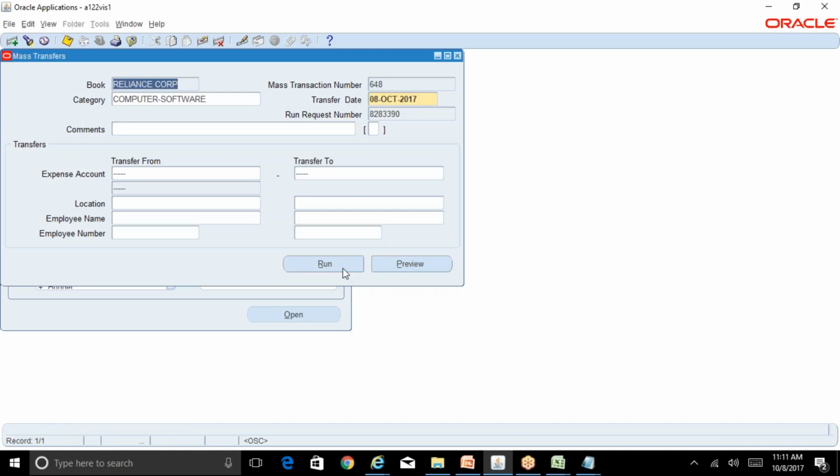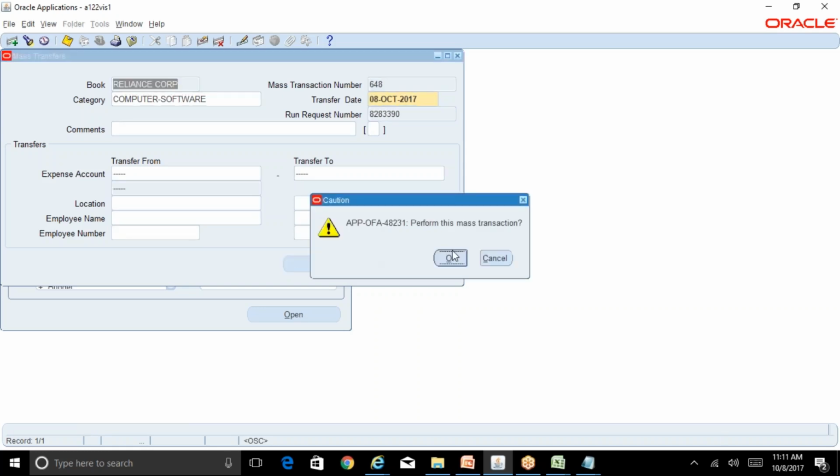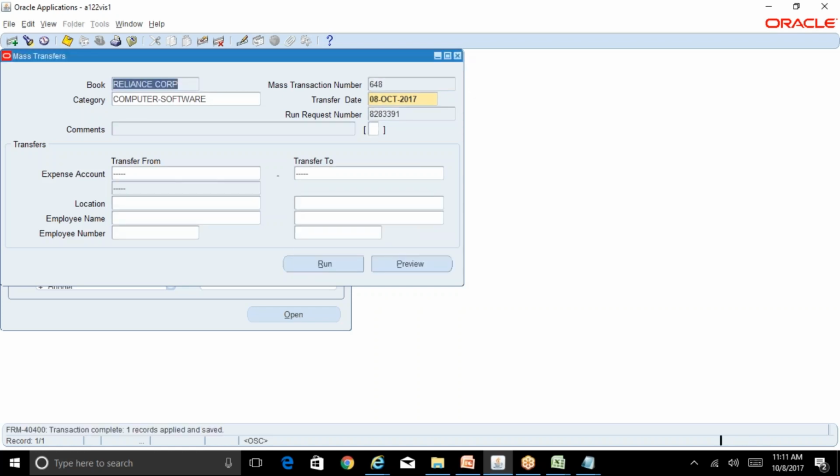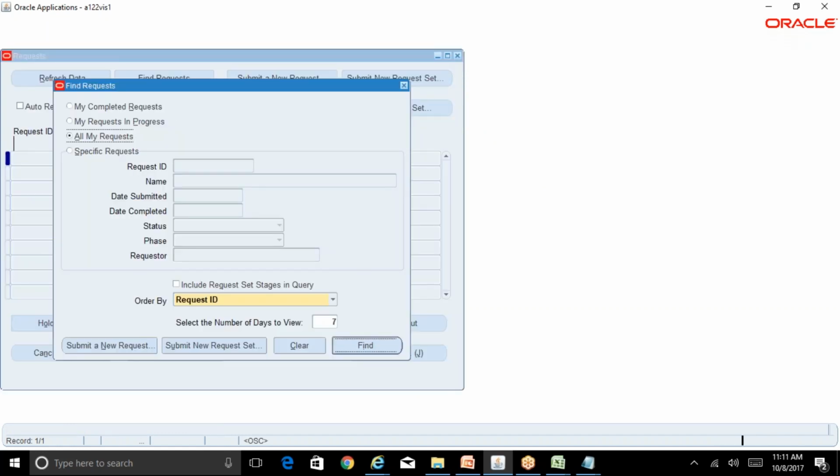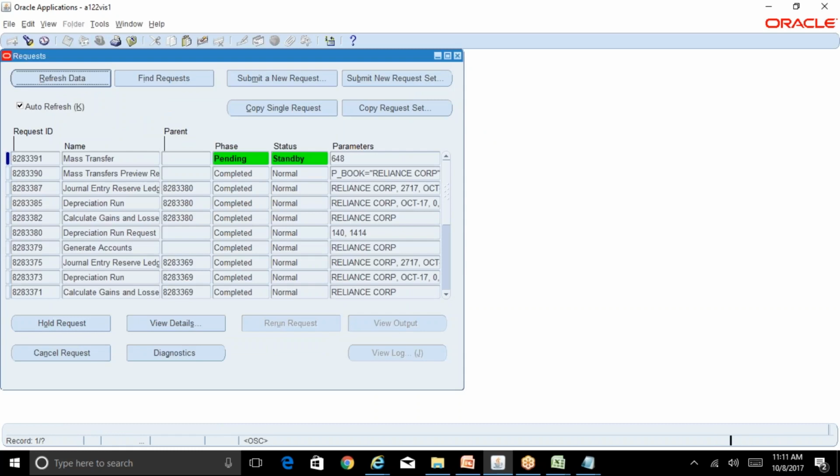Now you will be able to see run button is enabled. Earlier we ran in a preview mode, which is a kind of a draft mode where you are reviewing. Now click on run. Now run is a process which is actually now transferring all these assets from the old location to the new location. Perform this mass transaction. Okay. Wait for this request to be completed. And once this request is completed, now oops,